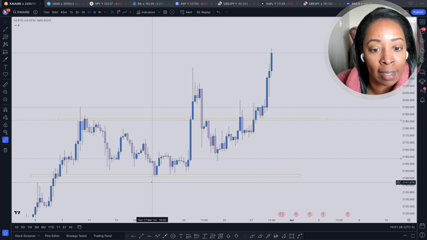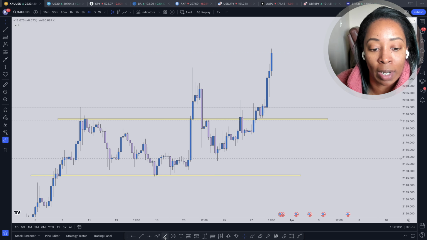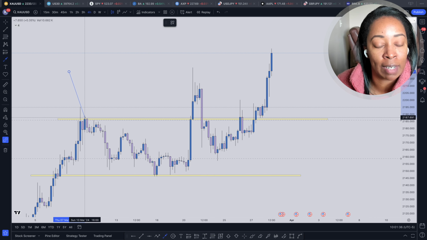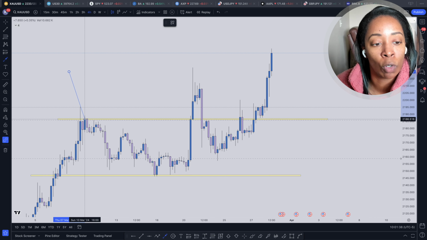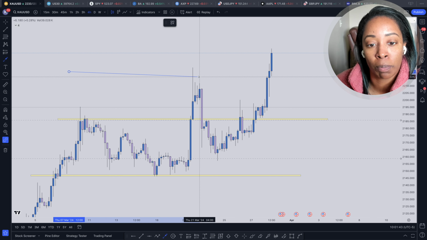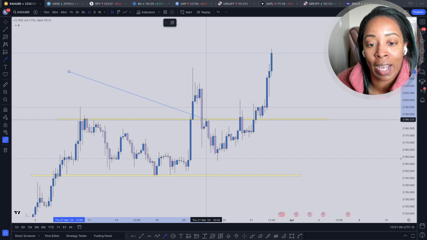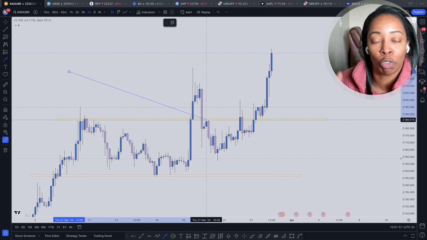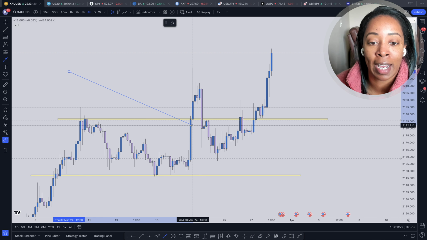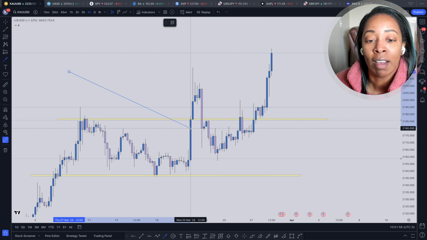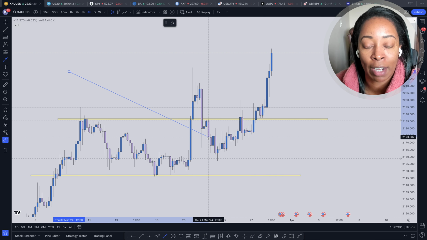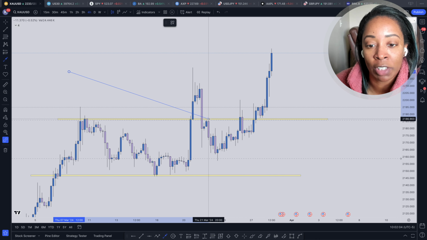So let's take a look at the top side. So far what I'm seeing is looking really good. If we go back over here in time, we can see that we do have kind of a resistance level right here. We have 2 resistances right here, some rejection. We do see a break here, but then we also have this retest area right here where a resistance was formed. And if you've been looking at any of my videos, you know that break and retest is one of my favorite things to trade, although this would have been a trade to the downside and would have been considered a counter trend trade.